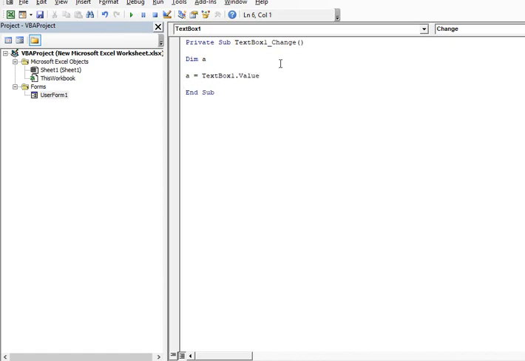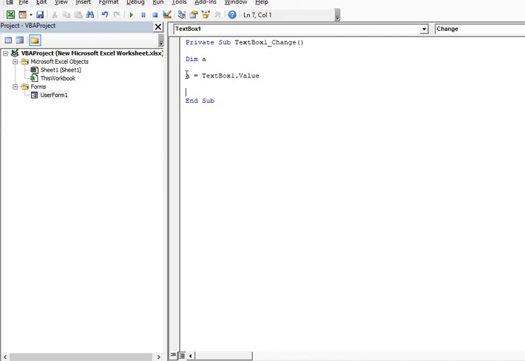So I take the value of the text box into the variable a, and now I transfer this value of a to one of my cells in the Excel sheet so as to store it, because at this moment it's only stored in this variable a, which is temporary, but to make it permanent we have to store it to the Excel file.